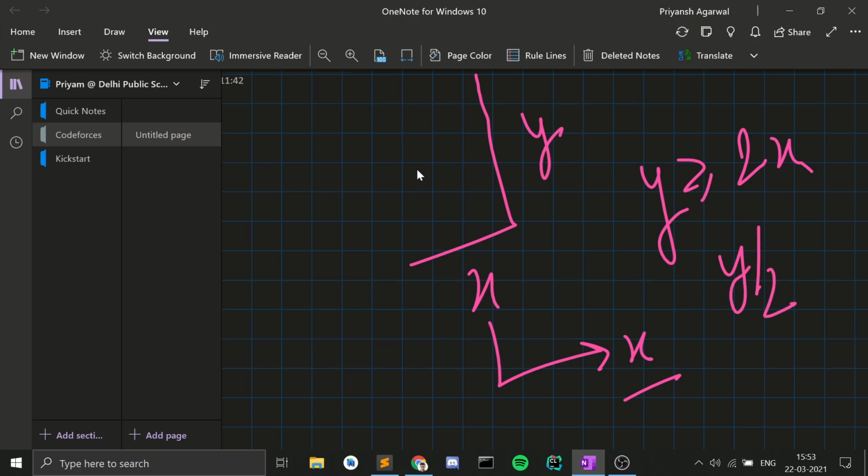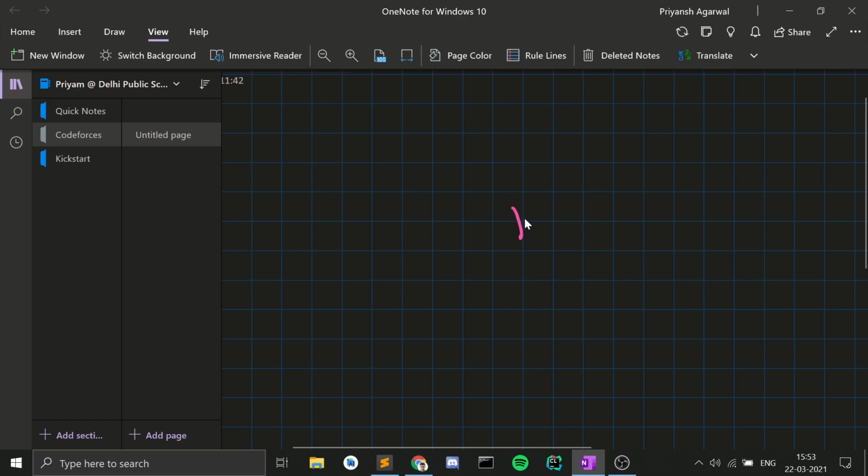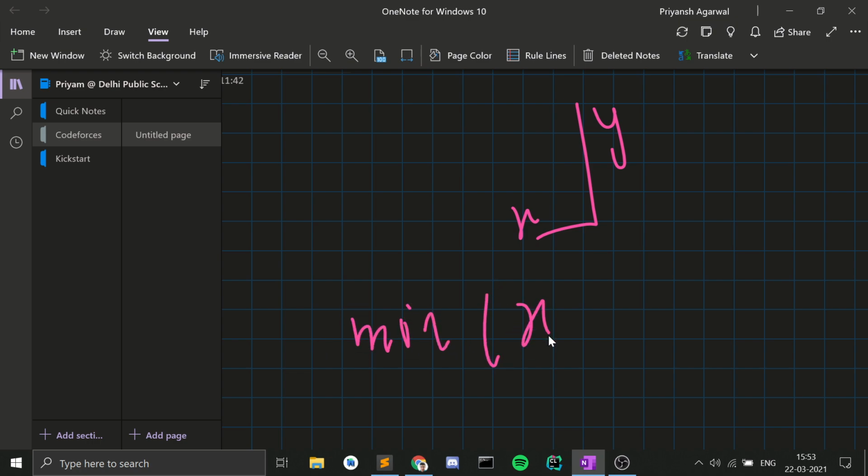So your answer for any dimensions x and y, such that x is the smaller side and y is the bigger side, is similarly the minimum of x comma y by 2, right?